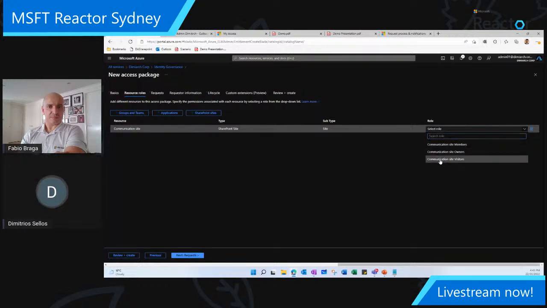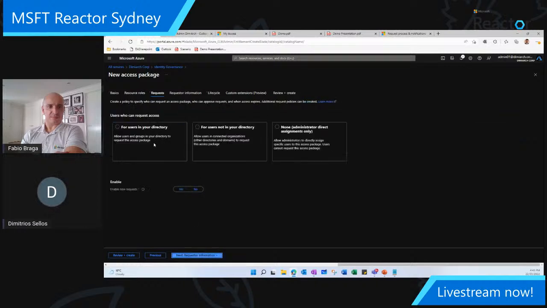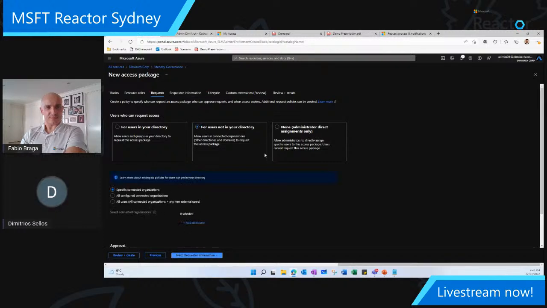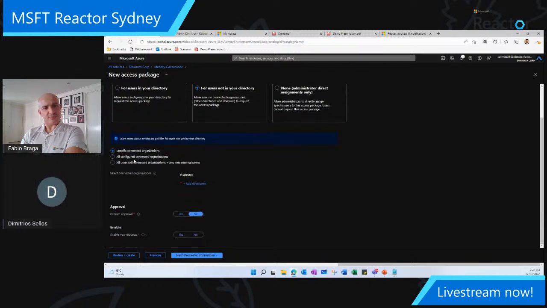In our case, it will be communication site visitors. Just moving forward, and here you can choose whether this will be an internal user, or someone who is not in your directory, and you can use it for administrator purposes as well. So for our scenario, I'll go for users not in your directory, and here what I'm going